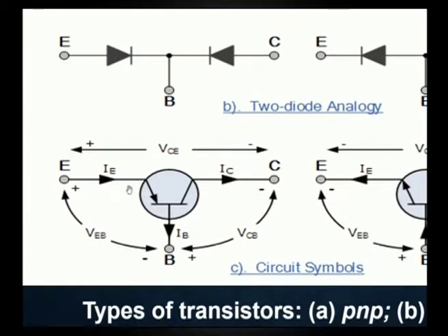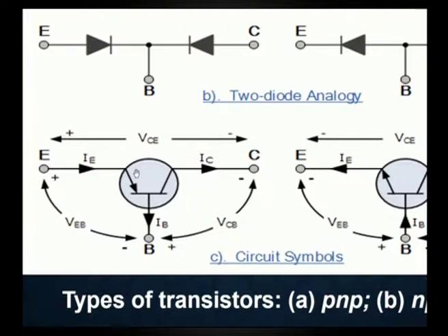This is the current flow direction that we are going to consider for studying the transistor throughout the session. This is the PNP transistor, and this is the symbol of the transistor. The current flow here is towards the base, pointing in, that is what we can remember for a PNP transistor. The emitter current is pointing inwards, that is why it is called PNP. The voltage across emitter and collector is VCE, the voltage across emitter and base is VEB, the voltage across base and collector is VCB, and this is the base current.